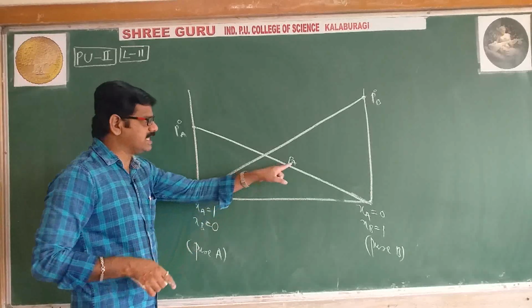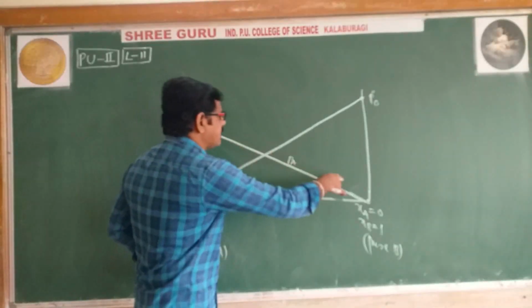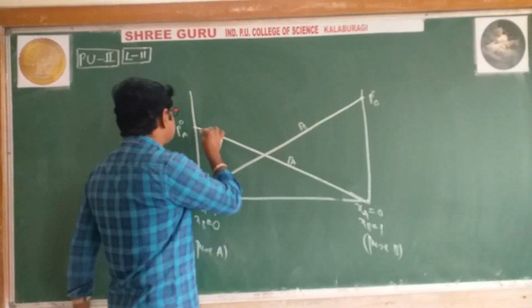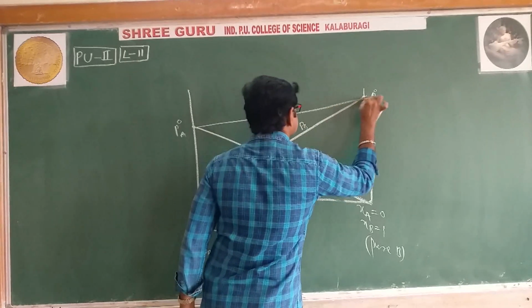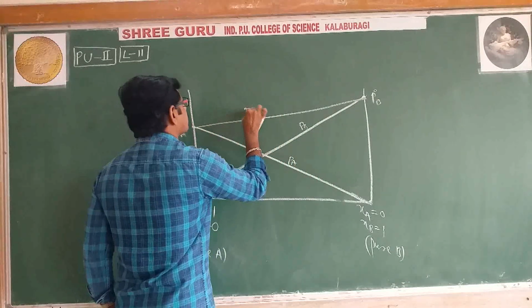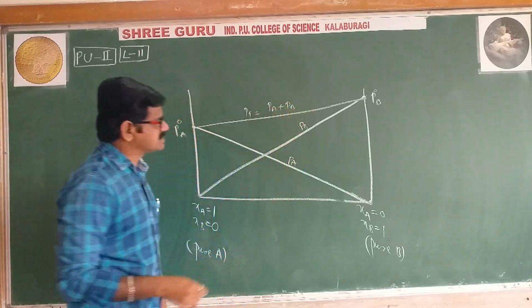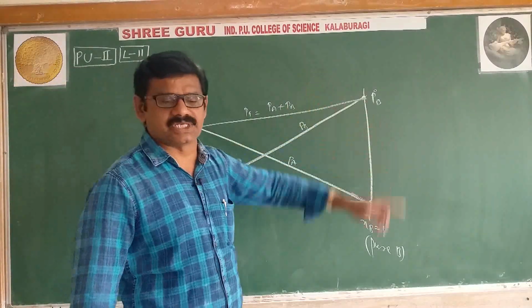In that mixture, only A exerting pressure is a partial pressure PA. It is a PA variation. It is a PB variation. And if you merge, for total pressure I will take it like this: PT is nothing but PA plus PB. Of course, this graph is familiar to you. This is for ideal solutions, remember.